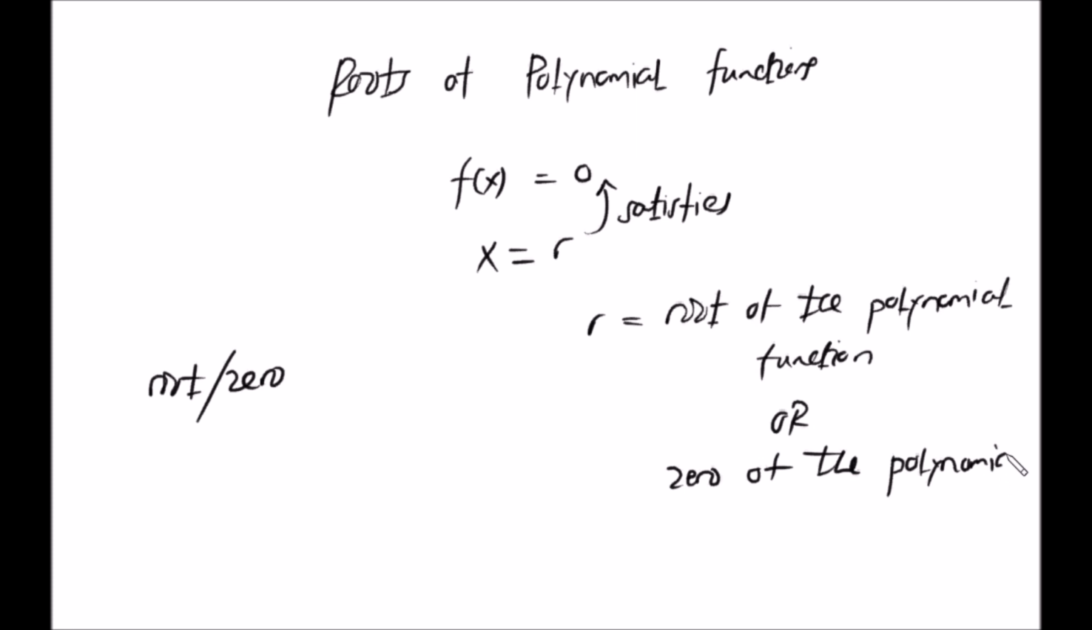Hiyo ndo kuhusu nini? Kuhusu roots. So when f of x is equal to 0, and when you substitute r in the place of x, and it's true that f of x is 0, then r is the root or the zero of the polynomial function. For example,